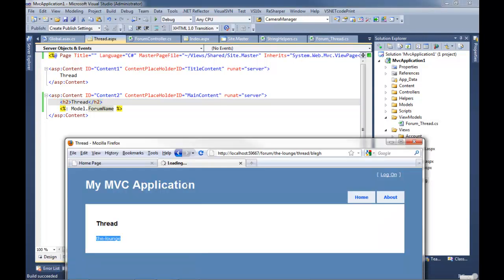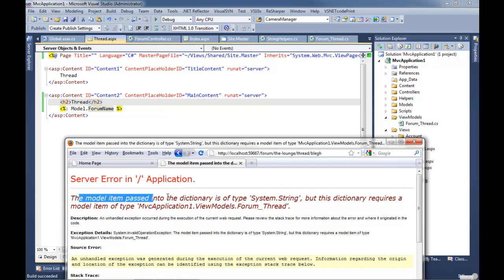So now watch this. We're going to get a huge error, probably a yellow screen of death. Yep. Woo. Model passed into the dictionary. I hate how it says this dictionary. The only reason I know what it says is because I've read this like 2 billion times, but my mind goes to something completely different when it says that. Just like the worst worded error ever.